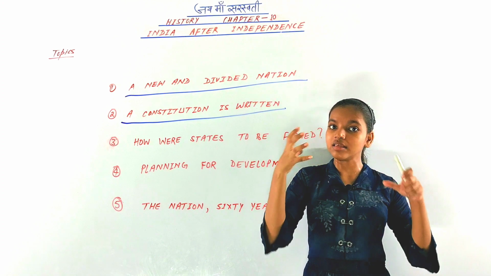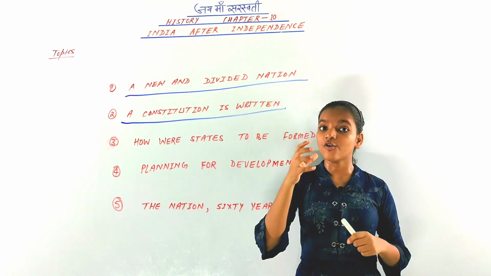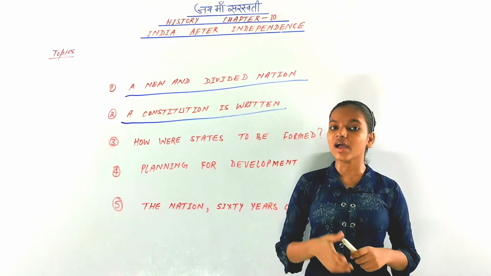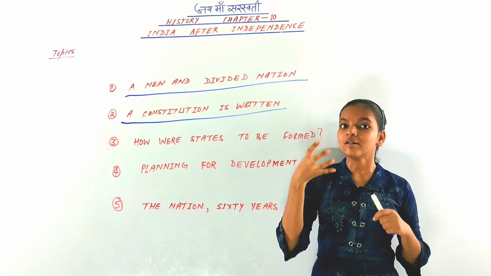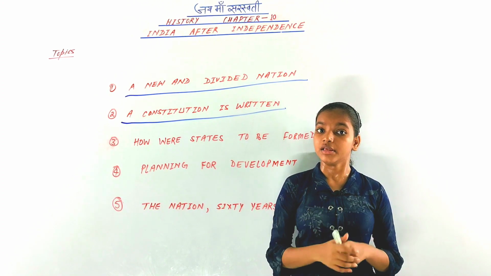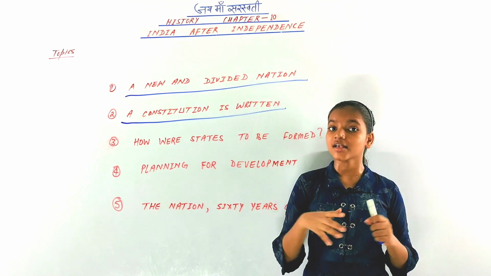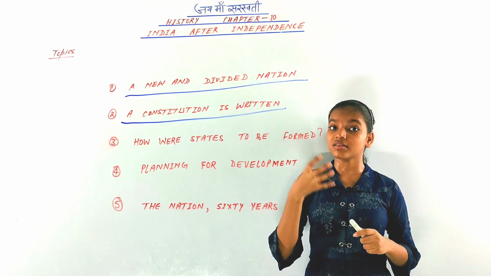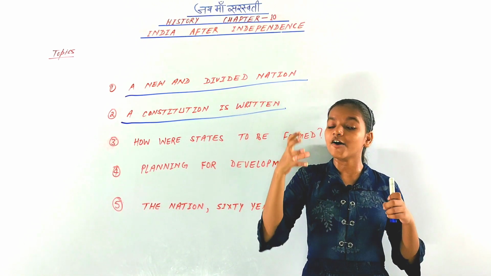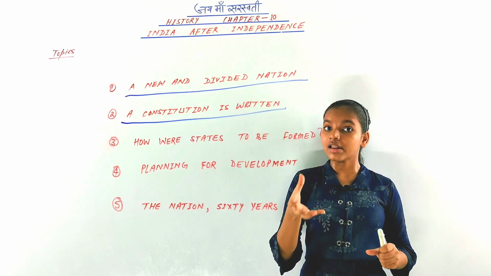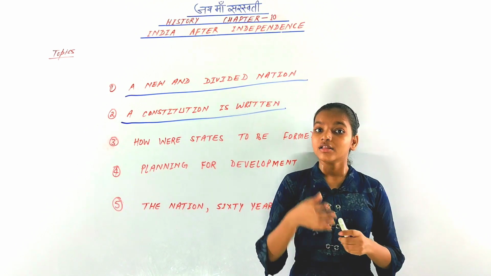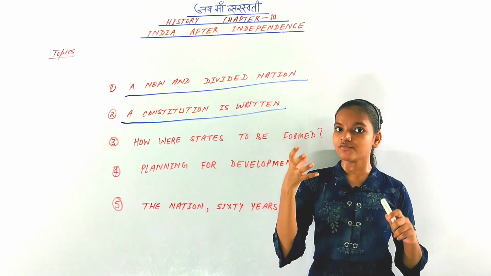They were even given seats in the legislative assembly. Over this there were many debates, because many people thought they should not be given seats in the legislative assembly, but at last they were given seats. They were also given places in the Indian administrative services and government jobs. So they were as equal as other people, as upper class people. There was no inequality. There were many features of the constitution, and we have discussed only three.